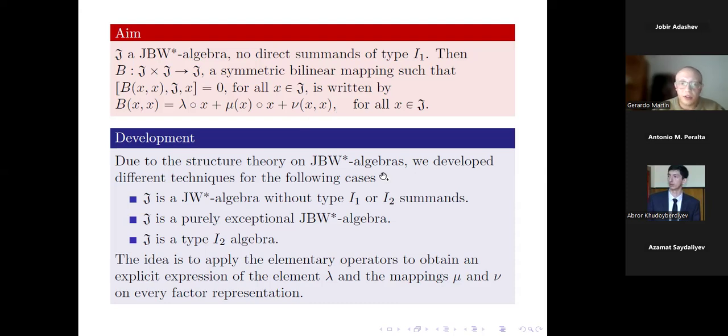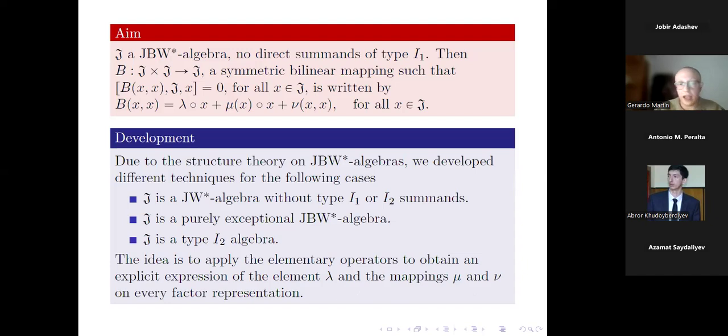And as before, due to the structure of the GBW-star algebra, we developed different techniques for the next cases. The first one, when J is a GBW-star algebra without type I1 or I2 summands. The next one is when J is a purely exceptional GBW-star algebra, and the last one when J is a type I2 algebra. And as in the previous case, the idea here is to apply again the elementary operators to obtain explicit expressions of the element lambda and the mappings mu and nu on every factor representation of the